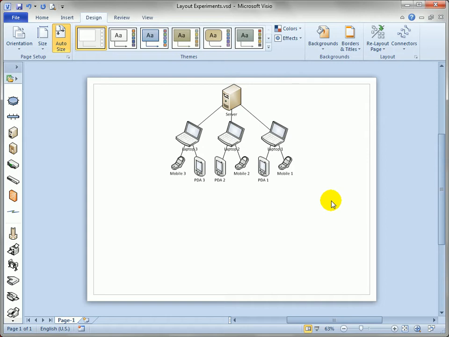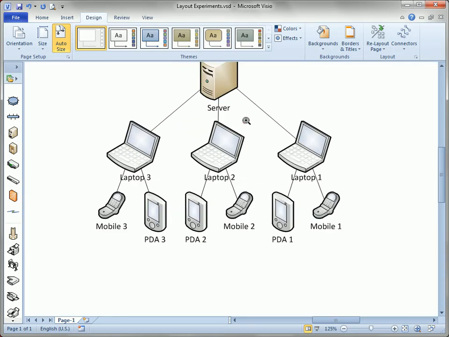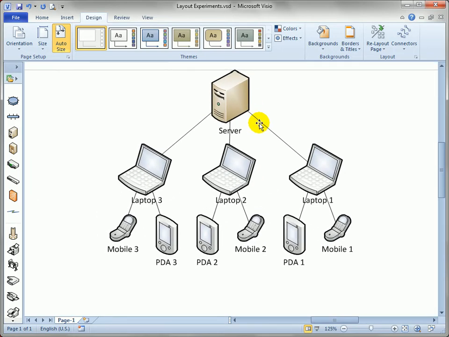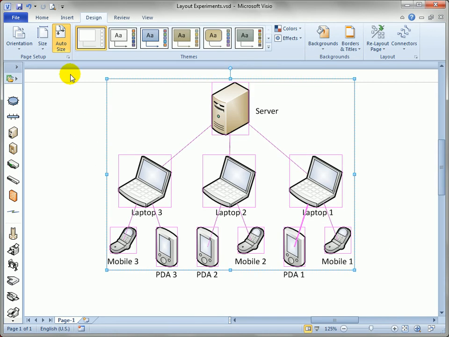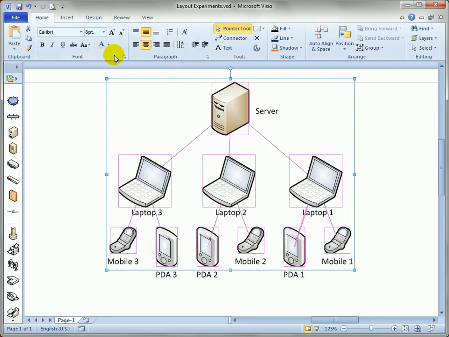That might look better. Now, before I leave the layout experimentation demo, I want to show you one last trick you can do to make the text a little bit more readable. The text belongs to each shape. So two things you can do. Network shapes have control handles that allow you to move the text out of the way. But if you're experimenting a lot with layout, this could be a little bit tedious. An easier way is just to select all the shapes, like this, go to the Home tab, and click on